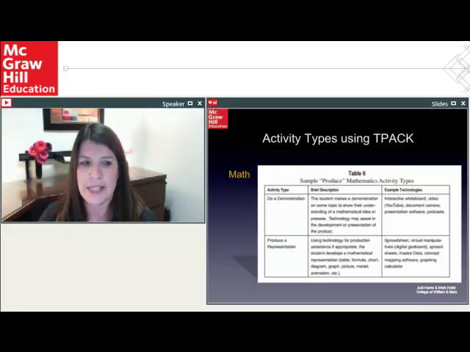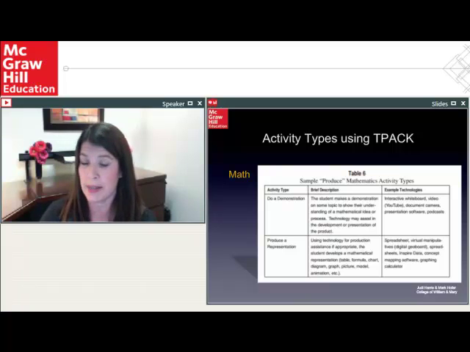There's a link in the handout to Judy Harris and Mark Hofer, from the College of William & Mary, who have done this work already. They have taken every subject, or 10 subject areas, and broken them down into different taxonomies. For math, there are about 5 taxonomies. For reading, there are different taxonomies, and social studies, etc. They created the different types of activities you could do based on what pedagogical decisions you made.